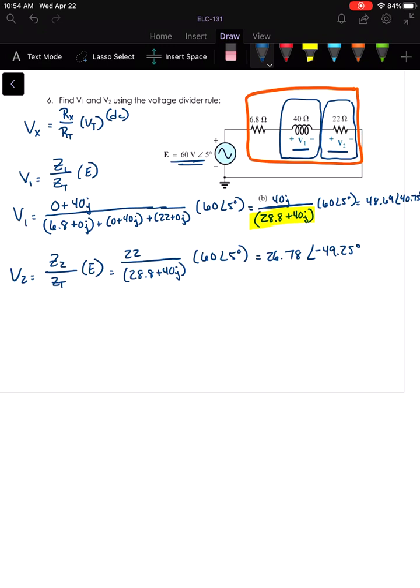So that's how we would use the voltage divider rule here. And I'll work out a couple more problems in